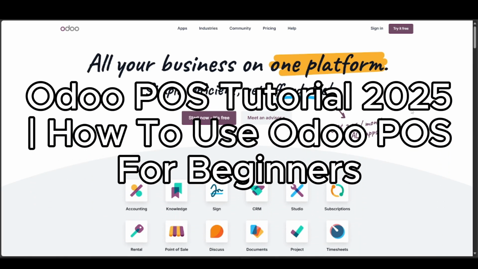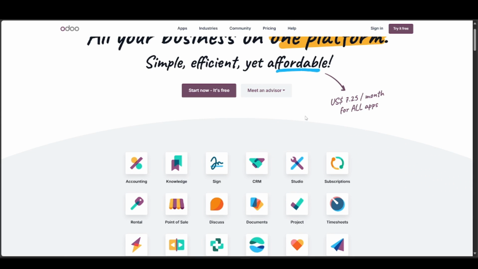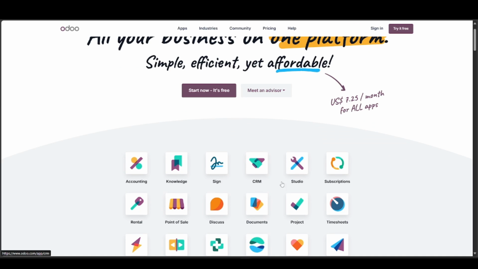Odoo POS Tutorial 2025, How to use Odoo POS for Beginners. Now, Odoo POS is a web-based, device-agnostic system tailored for retail stores, restaurants, events, and more. It works online or offline. It is fully synced with inventory and accounting and integrates seamlessly with other Odoo modules like CRM over here, e-commerce,